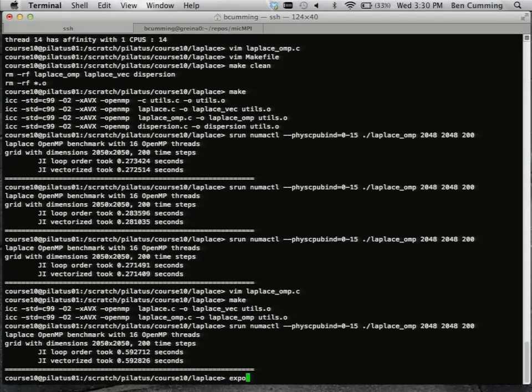Now, that was with affinity equals compact. If we set it to scatter,